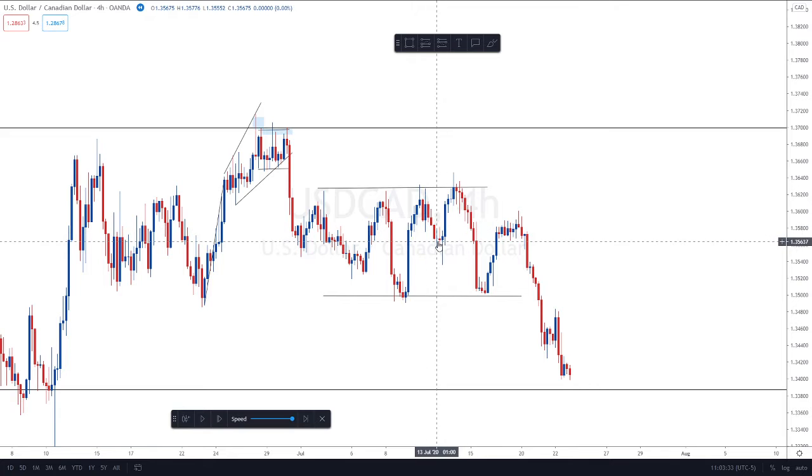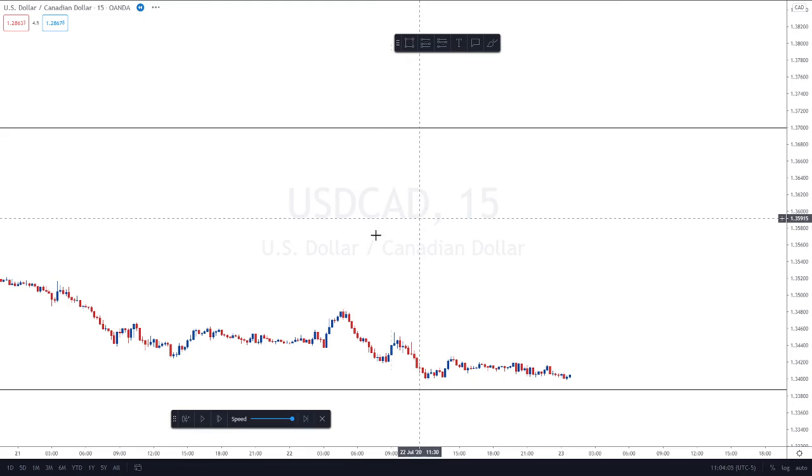Now, one thing I will say, let's say you have this flat pattern here on the 4-hour time frame. On a lower time frame, if you see price rejecting the top of this pattern, or basically the top of a resistance area, it's probably a good idea to go to a lower time frame, because you could potentially find more ascending channels. So here I can recognize we have one here, and we're back in 2020, so yeah, I can go to the 15-minute,